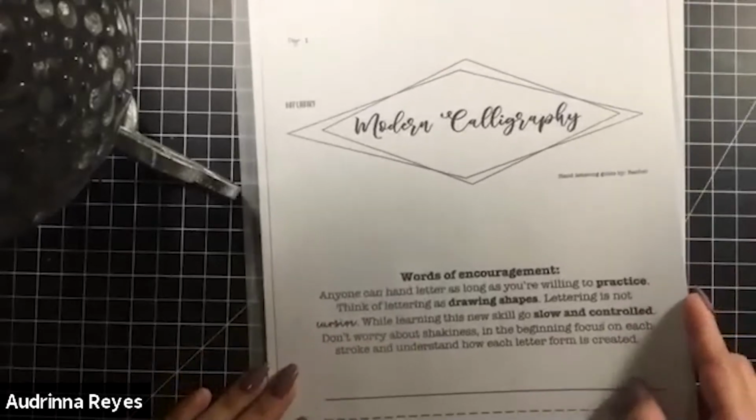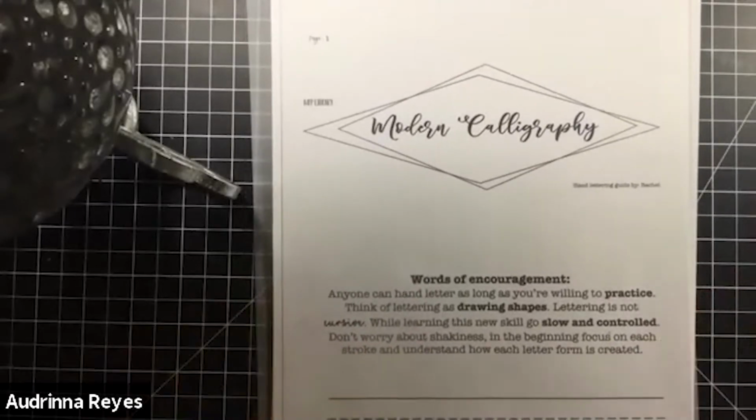We're going to go over our packet. And of course, in today's class, we focus mainly on the packet. We'll do a project at the end. And then when we have next week's class, we'll get into some more details of other writing